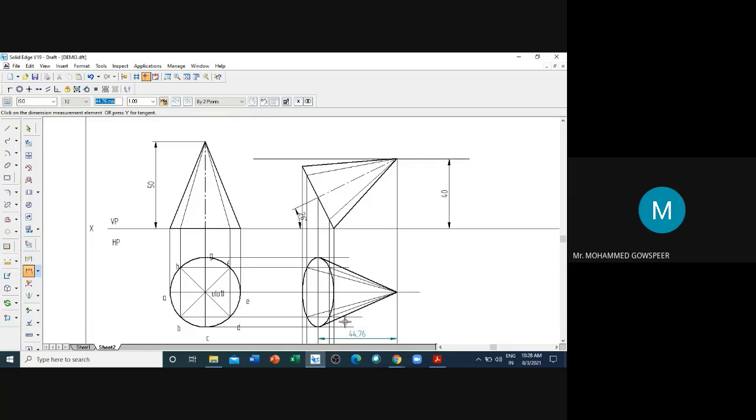So here you check. If the dimension has been changed, then you need to draw the locus. Remember, I will repeat once again. In the third position to draw, the inclination with respect to the vertical plane will be given. For which feature it is given, that feature's dimension you change here. In the second top view, if the dimension has been changed, then you draw the locus. If the dimension is not changed, then no need to draw the locus. That is one condition.